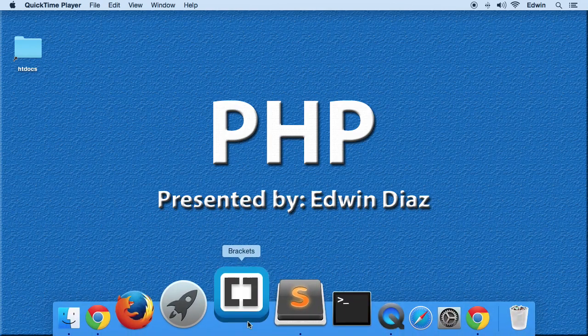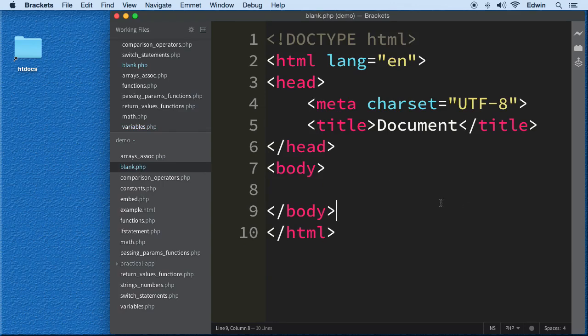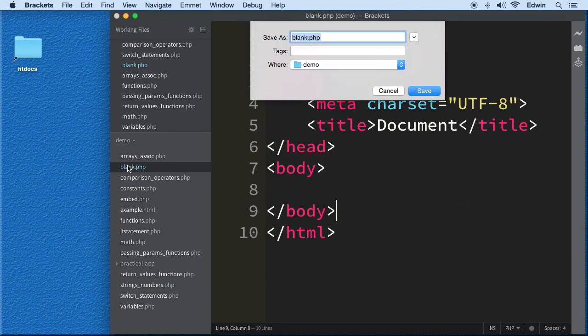So let's go ahead and open our code editor, and I'm gonna grab that blank.php, and do a save as here. Like I said, don't mind the files that I got on the left side. Just know that you have that in your course exercise files. You might not have some of these files here, but we will go over everything I'm going over right now in the lecture. Whatever you see here might sometimes not be accurate because I will delete some of these files and redo them if I make a mistake on a lecture. So anyways,